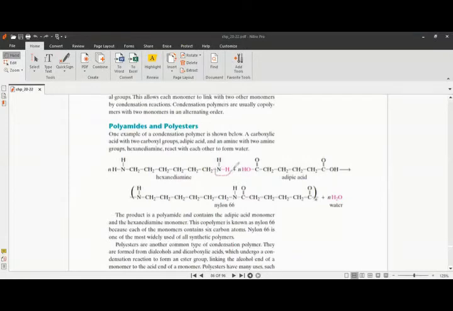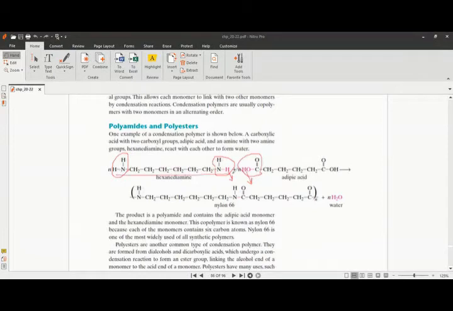So here you have two amine functional groups, and you have here acid, COOH. The end of hexane diamine contains a hydrogen atom, and the beginning of adipic acid contains a hydroxyl functional group. So you can remove this as water, producing water, and the remaining parts connect together to form